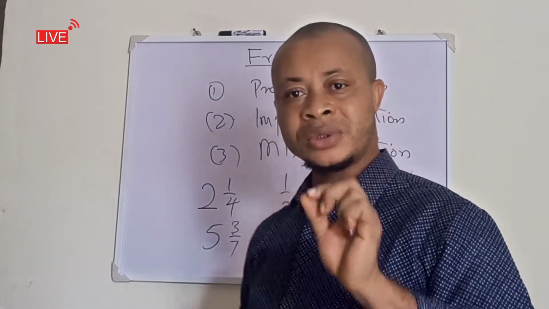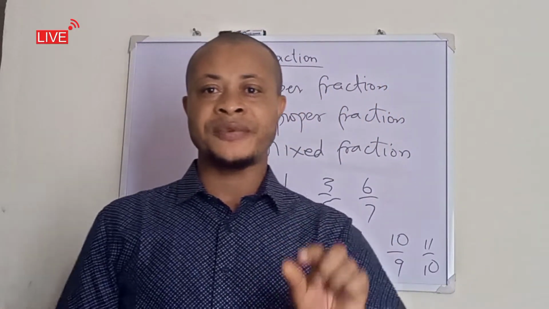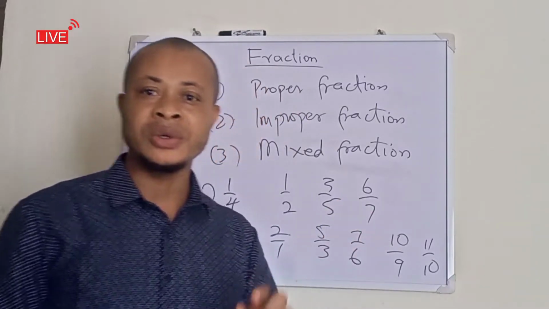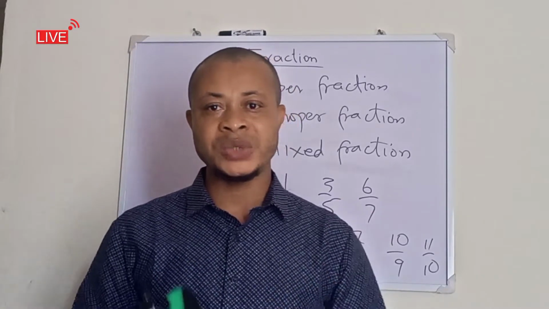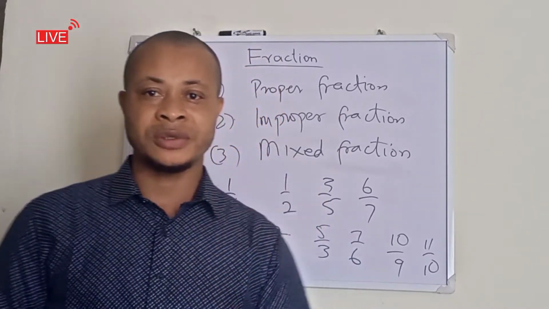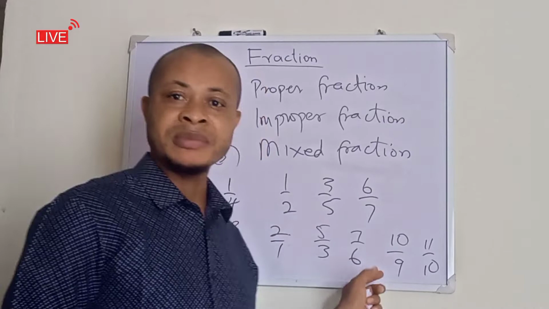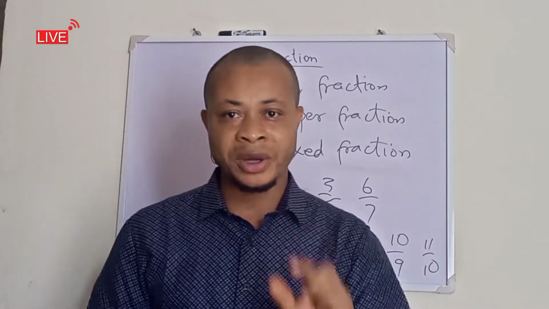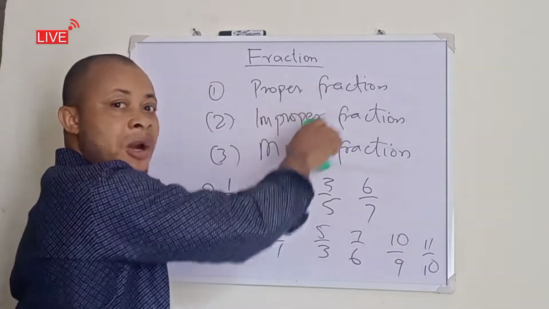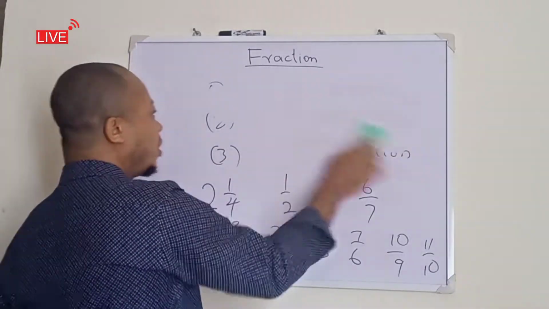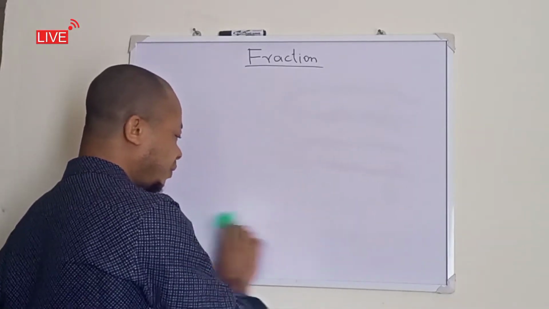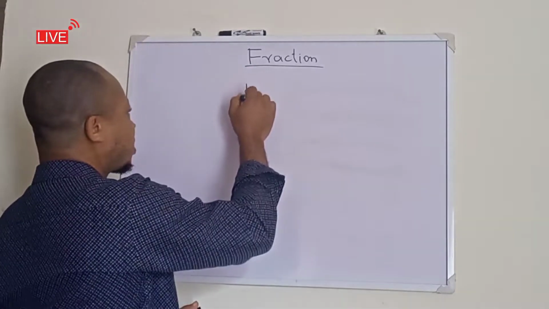Alright, now having told you the 3 types of fractions we have, I want to use this opportunity to explain certain terms which we normally encounter when we are solving problems on fractions. You will meet these terms anytime you are solving problems involving fractions, so please pay attention. Let me clean this upper part so that we have space to write it. Now the 2 terms which I want you to understand are BODMAS